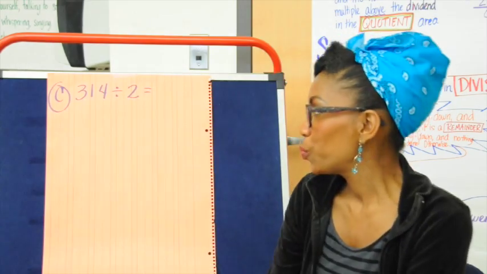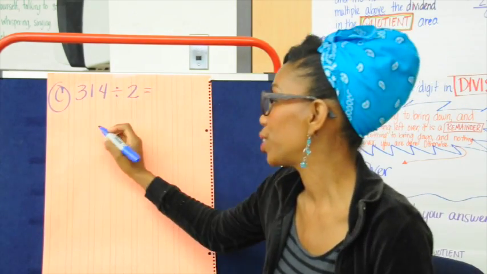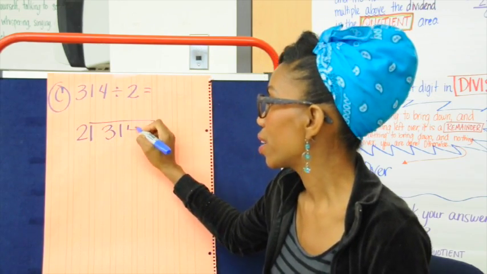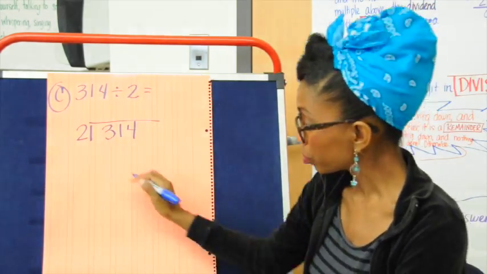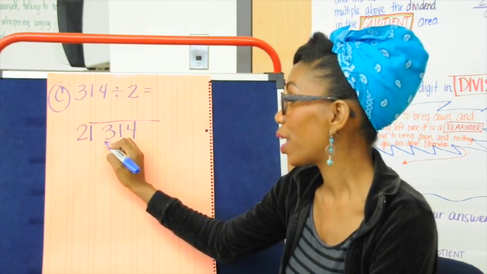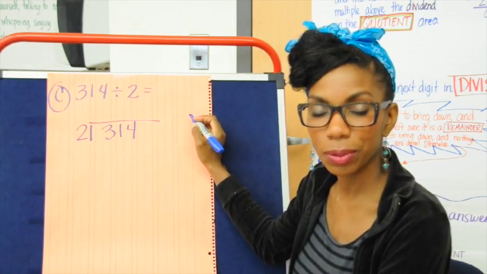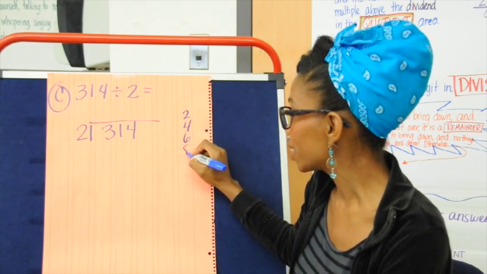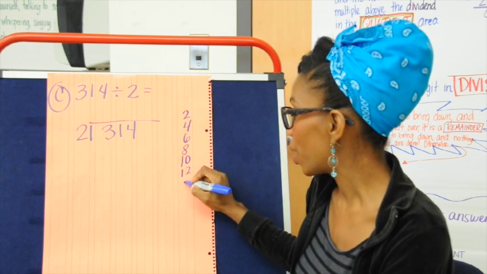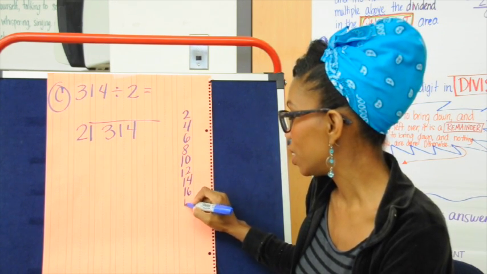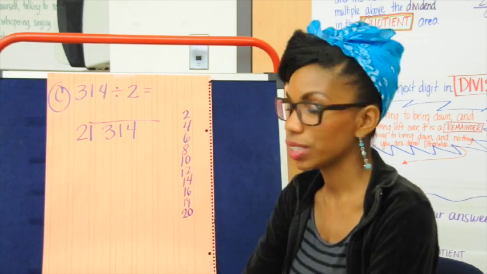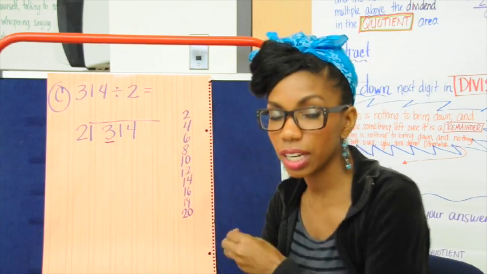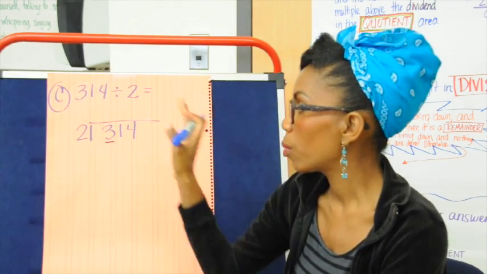For our third problem, we have 314 divided by 2. I'm putting my divisor on the outside of my bracket and my dividend inside. Okay, let me list my multiples. 2, 4, 6, 8, 10, 12, 14, 16, 18, and 20. All right, next thing I do, I look at my first digit in my dividend, starting from my largest